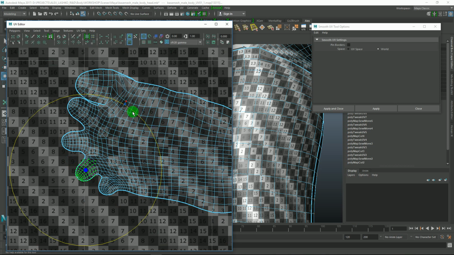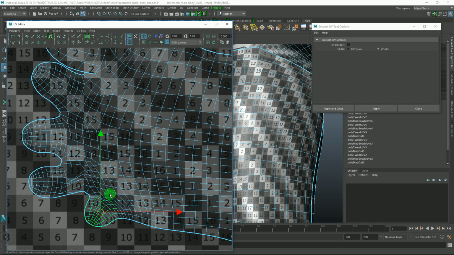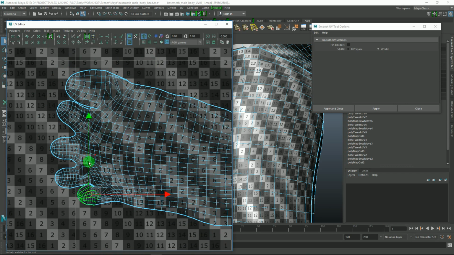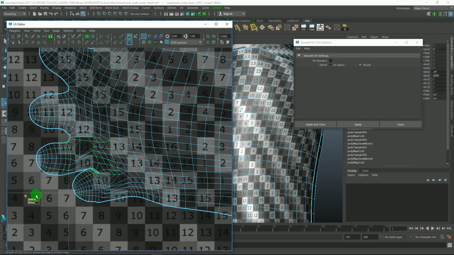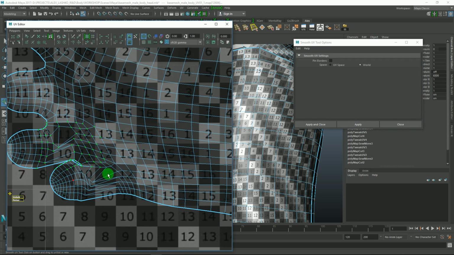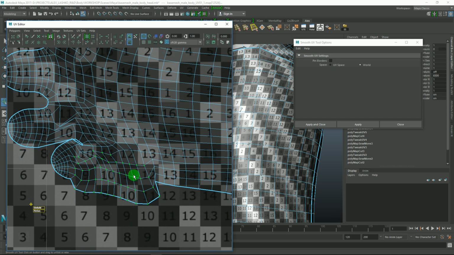Grab these guys, do the same thing, move them around, take this pinky toe, rotate it so it's looking forward, looking straight, and then the affected UVs will need to be smoothed out. So you take the smooth tool, and that doesn't like that. Let's just try a small area. Yeah, so